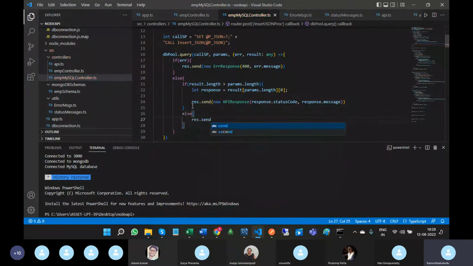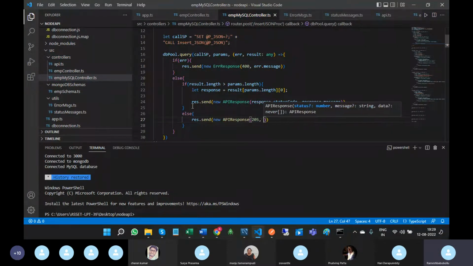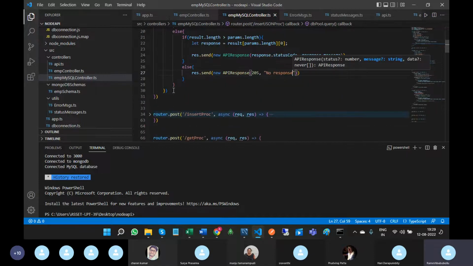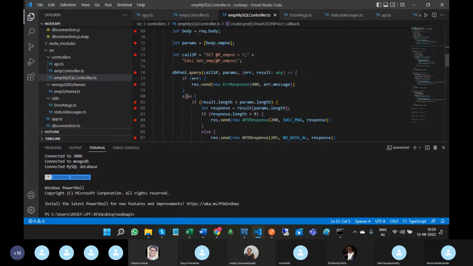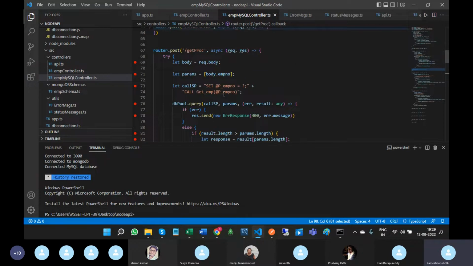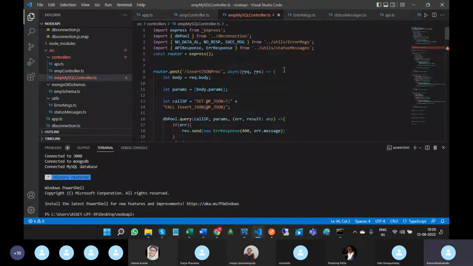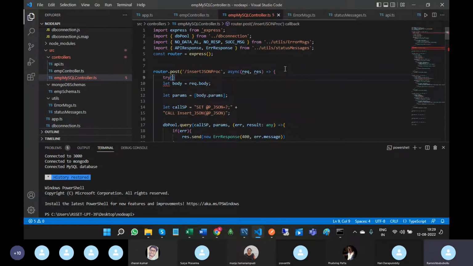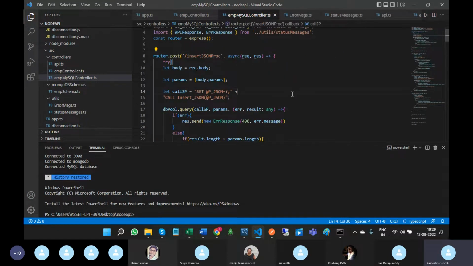Okay. So else, res.send new API response. You can use this response class with status code 205 and message no response. Okay, and I forgot to put try catch blocks. So same catch block, copy. Okay, now copy this method name,